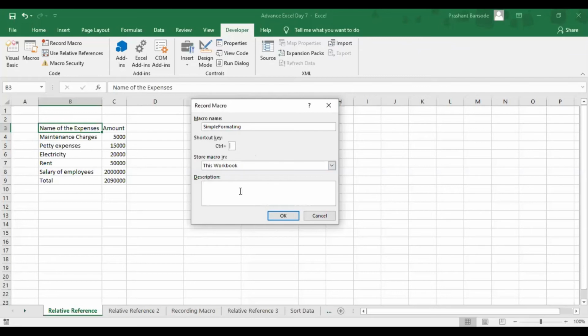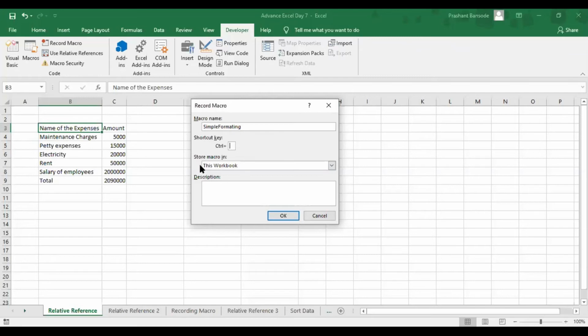Like Control V is always paste, or Control C is always copy. So you don't have to use those kinds of shortcuts. But if you're not comfortable, if you think that you won't be able to remember those shortcuts, it's completely fine. You can skip this process.